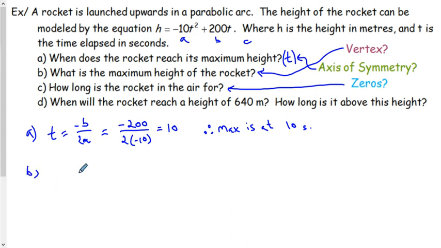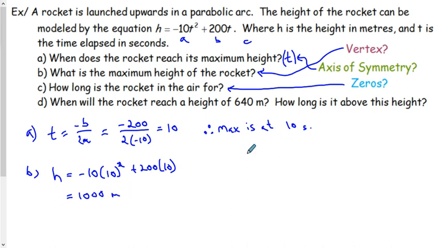Okay, what about B? Well, how do we get our y coordinate, which is our height, when we know our x coordinate of our vertex, our axis of symmetry? Well, we just sub it into the equation. So we'll go, okay, height is equal to negative 10 times t squared. The time is 10 seconds in this case. So we're just going to be subbing into our equation. We work that out and we find that that's going to be equal to 1,000